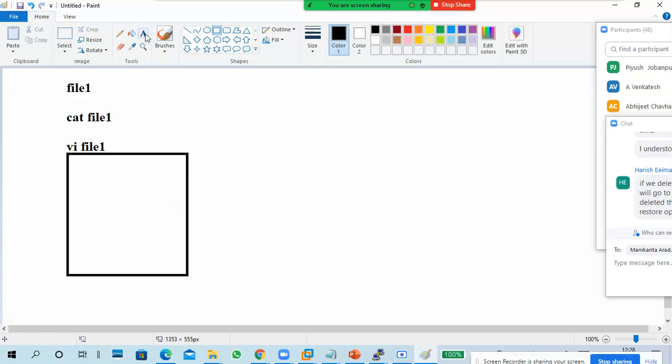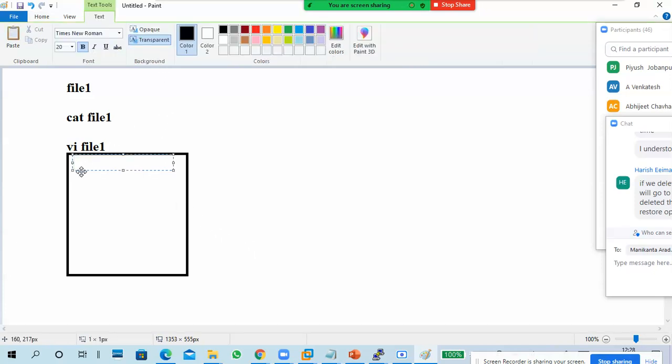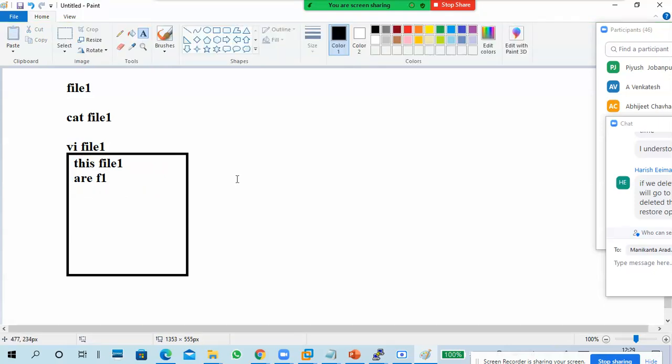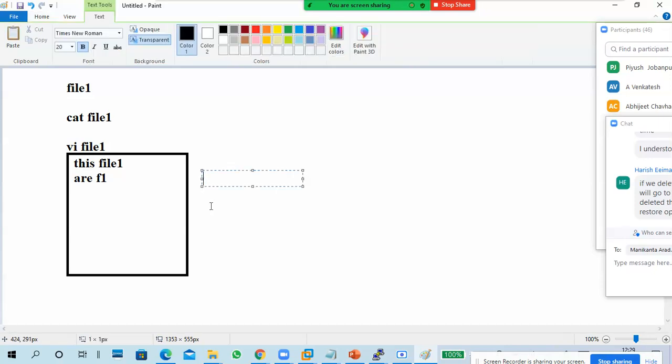It may have some text, like this is file one, some text or a line will be there. Now I want to edit the file, so I have to press I, which represents insert mode.